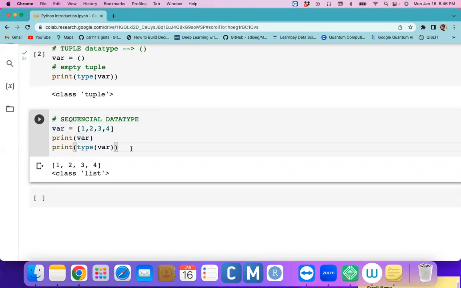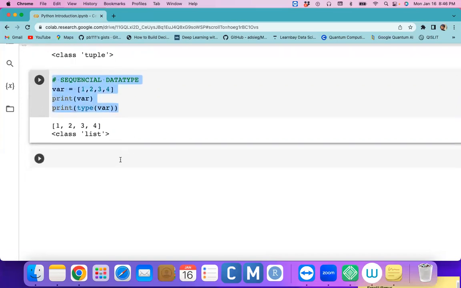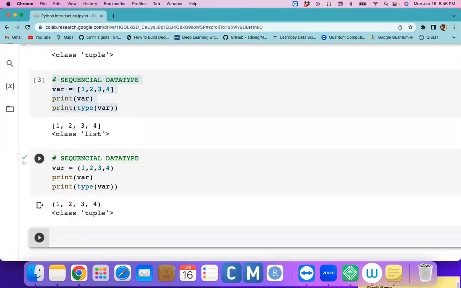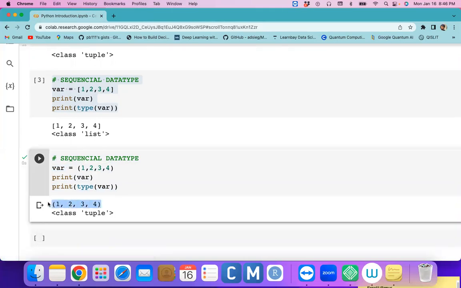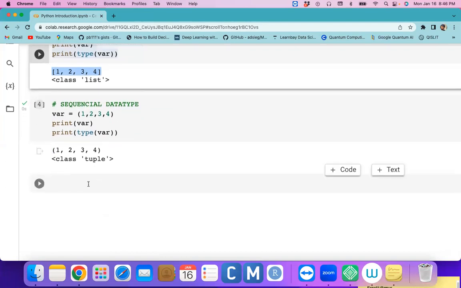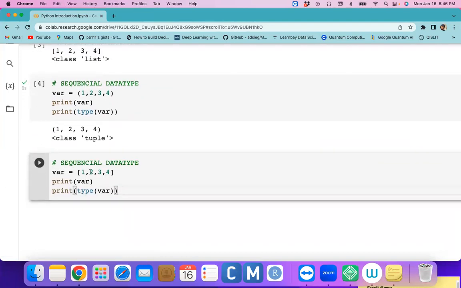Now the tuple also goes ahead with the same thing. We are holding the data in parentheses. So inside the parentheses, you can hold sequential data elements or a different group of elements. It is possible actually. It is just parentheses versus the square representation of a list. Now I would like to go ahead with the